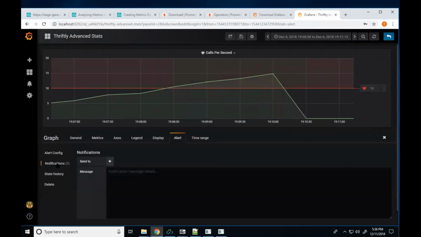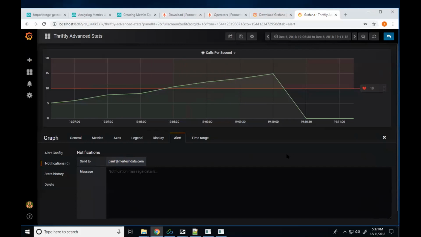And we have a few options here, but let's just say I want to send an email to myself. And so in real time, while this is running, if I save these settings, it's going to send me an email anytime this calls per second goes above an average of 10. So that's really useful, right? If you want to keep track of this stuff and know when certain things occur, as he mentioned, you may need to pool resources or upgrade your license. This is a really good way to be quickly notified and visualize what's going on with your